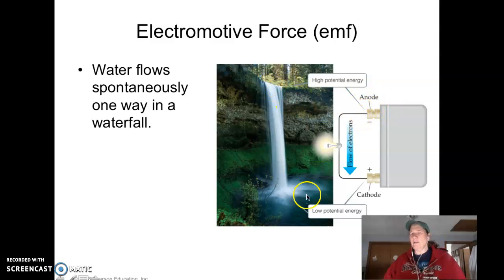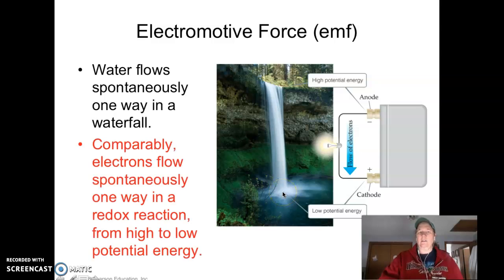That would be our anode. And then down here at the bottom, that's where you really hit that energy, and our potential energy is kind of gone because now it's been switched to kinetic. So comparatively, if you think about it, electrons flow like that. They're going to go spontaneous one way in a redox. They're going to go from high to low, just like a waterfall. Now, a waterfall is based on gravity, but it's a good analogy to see. It's going to go where there's high potential to low. And again, A to C,